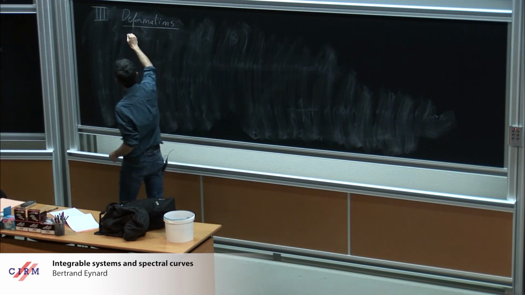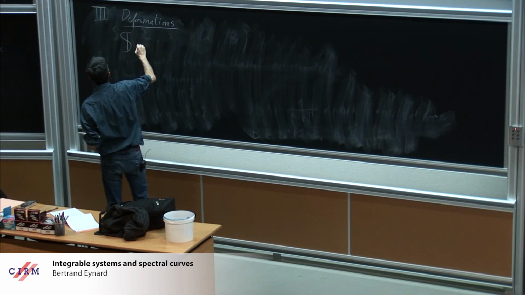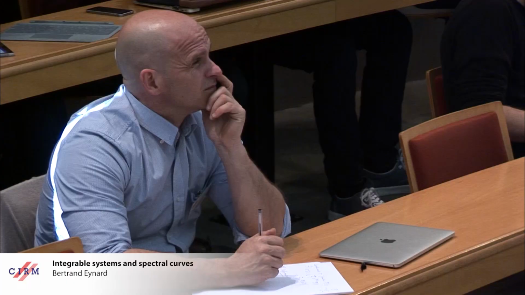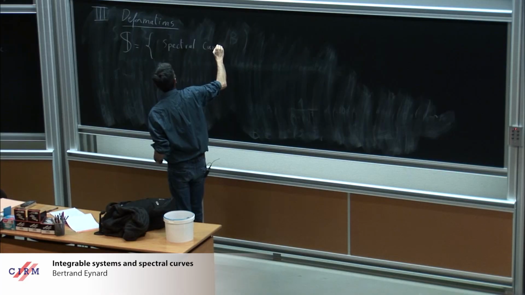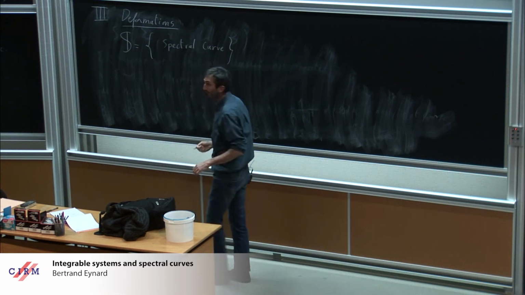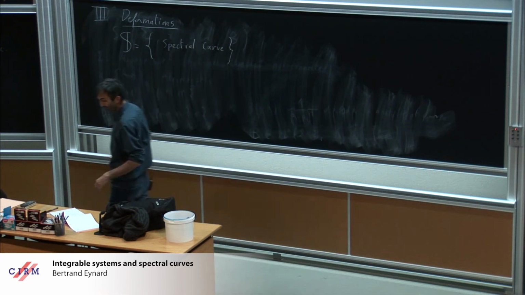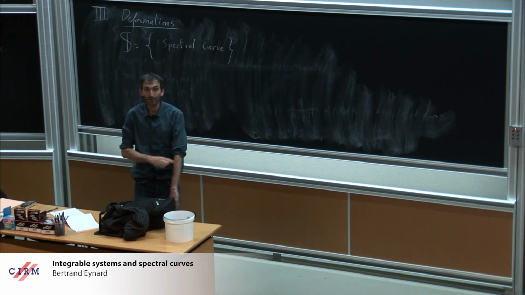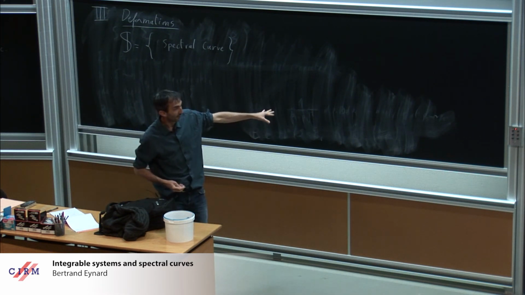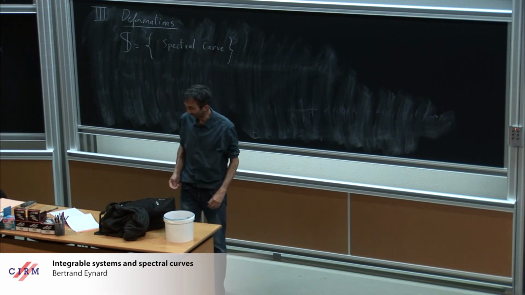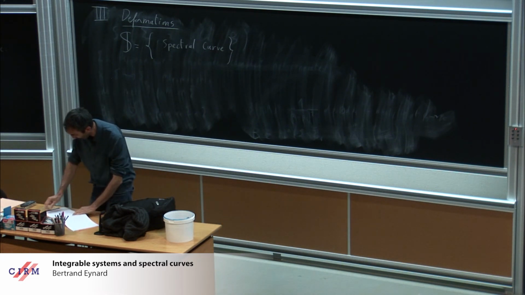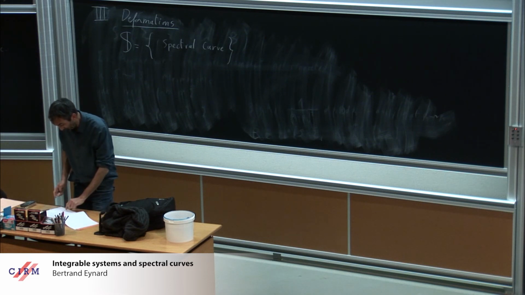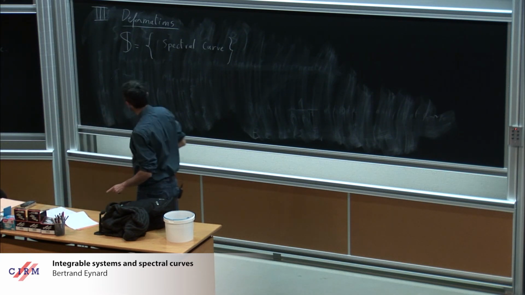And first, let S be the set of all spectral curves. I say space, but in fact it's a category. The morphisms are just the morphisms of surfaces where you send x to x. Okay, I will not define it as a category. Let me take first an example.